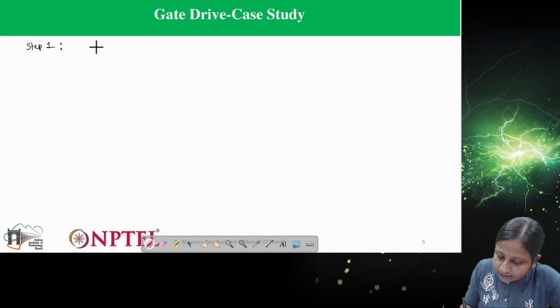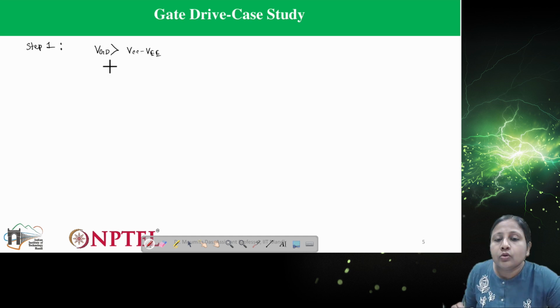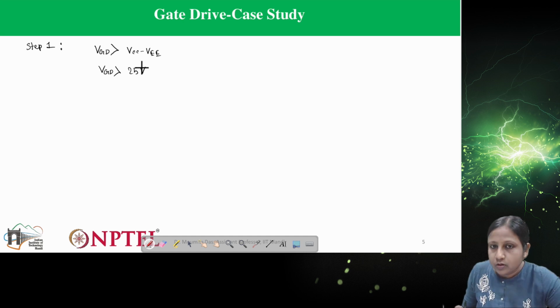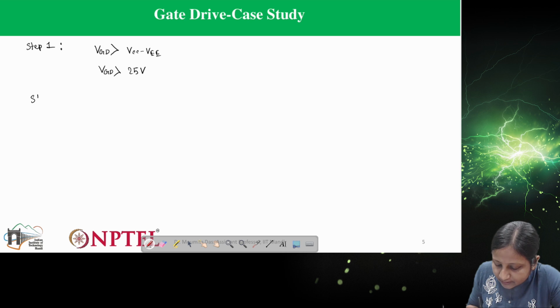So what is the voltage rating of the gate drive? It should be more than, so this is coming around 25 volts. So the gate drive voltage should be more than this. Now step 2